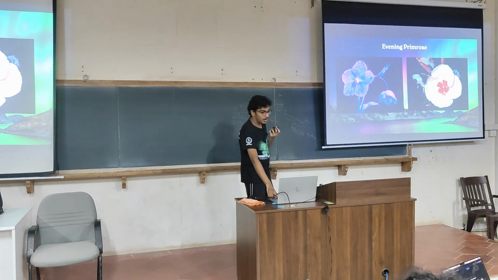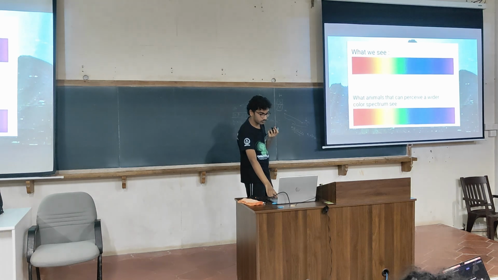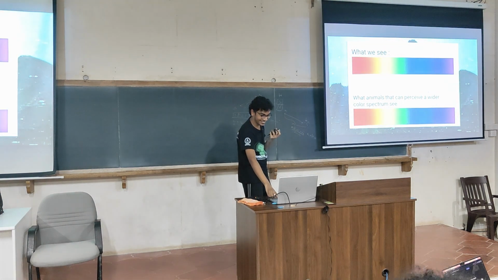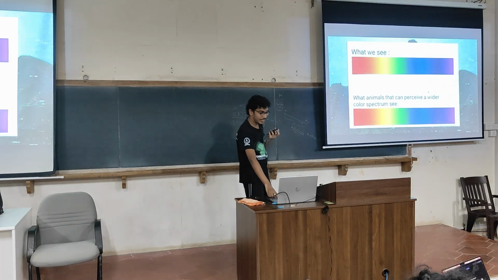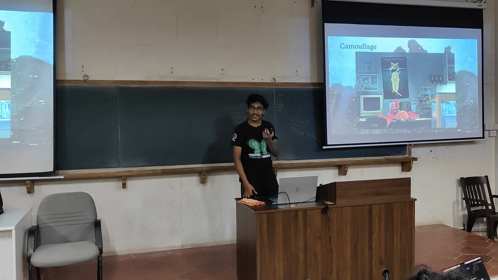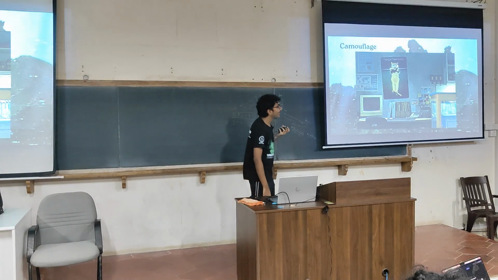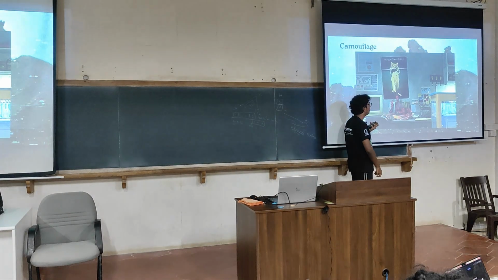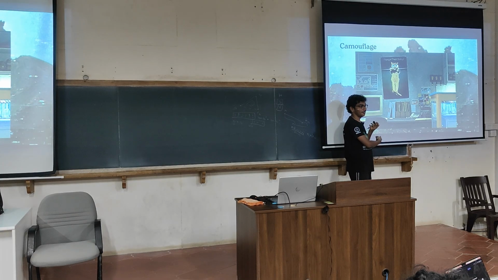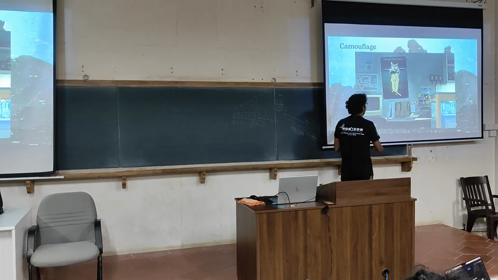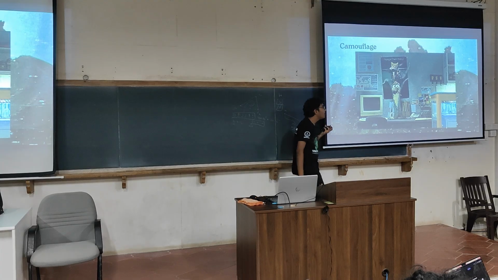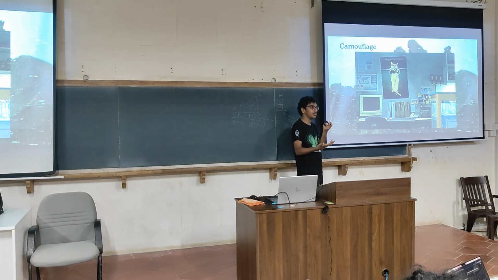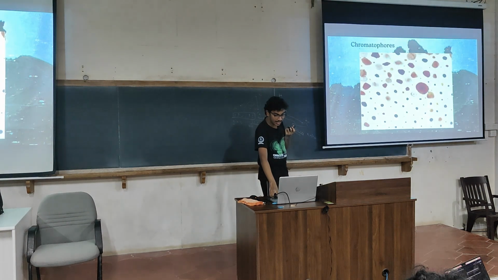And now let us come to another interesting topic. So this actually says how we see different colors. So what do you see in this image? What is this organism? Octopus. So yes, this is an animated GIF of an octopus. Now we are going to see how an octopus is actively changing its colors. What is the speciality of it?